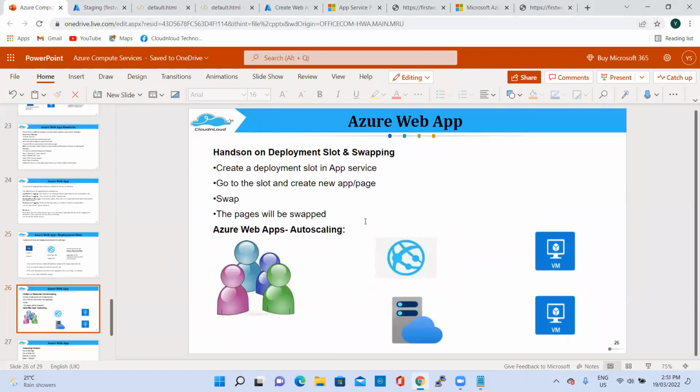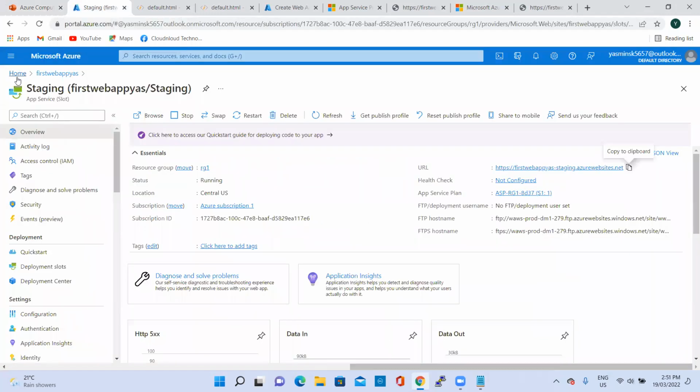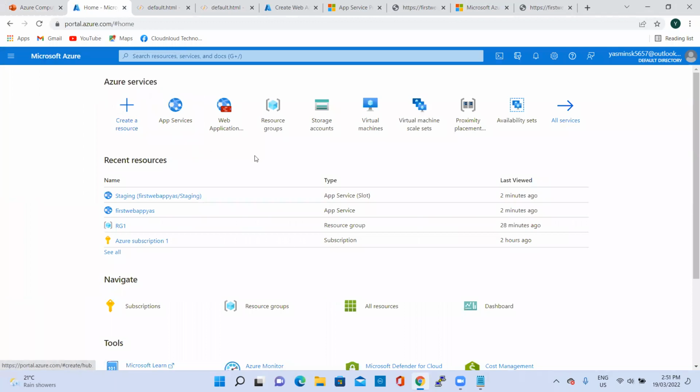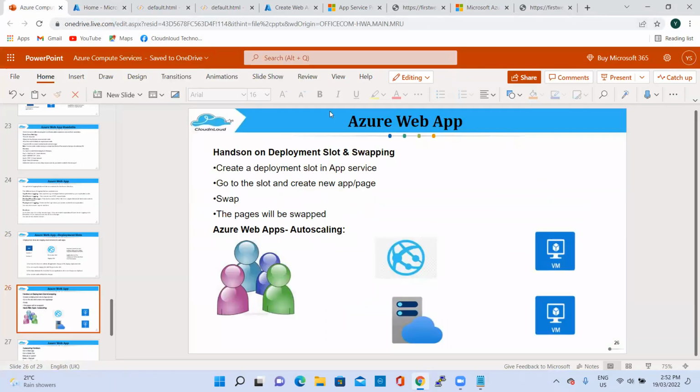Same as the virtual machine scaling which we saw last week, in the Azure Web App Service also you can go ahead and scale up. As I told you, when you have more customers accessing your web apps, your app service plan will have one underlying virtual machine or underlying infrastructure, right? Whenever your virtual machine goes beyond some limit with CPU or whatever metric you are choosing, if it goes out of this assigned limit,